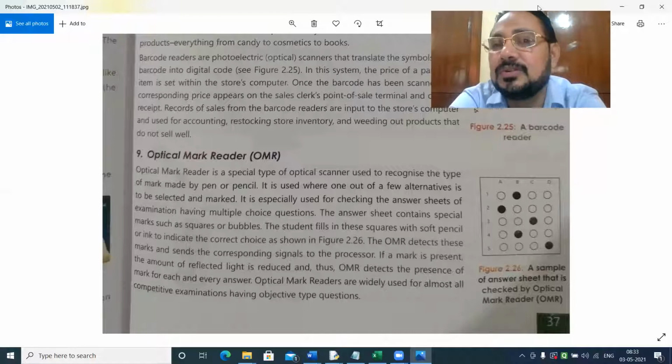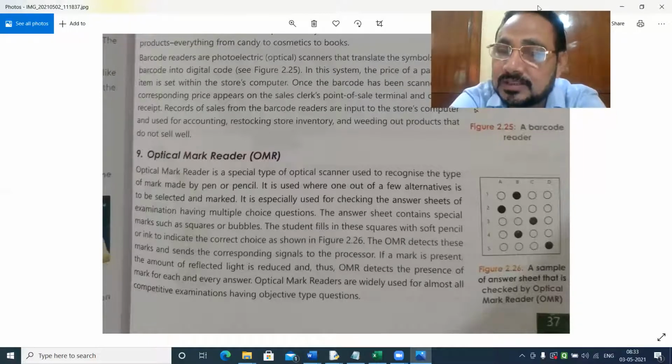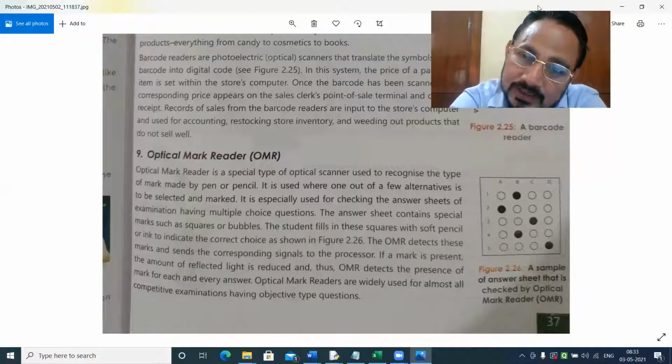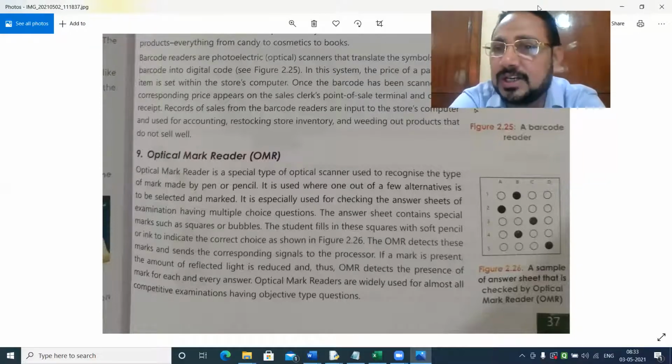The advantage of using this method is that the copy checking goes very fast and accurately. While you are writing theoretical answers and a teacher is checking, there is a chance that for an answer of the same quality, marks may differ. Like one student is getting 10, another may get 9. So even one mark matters in today's competitive world.